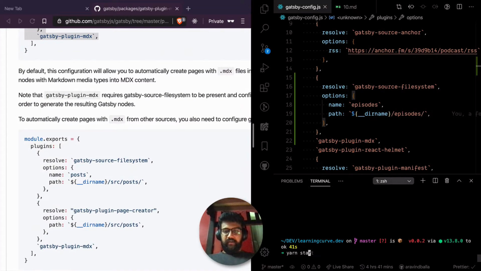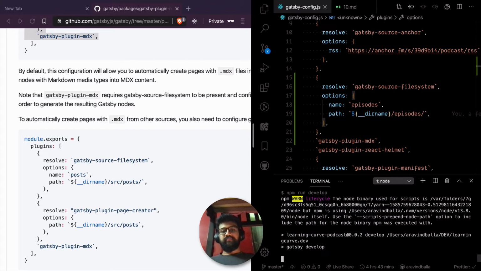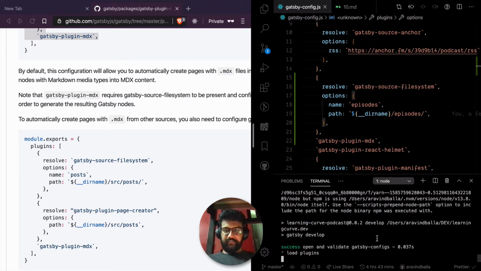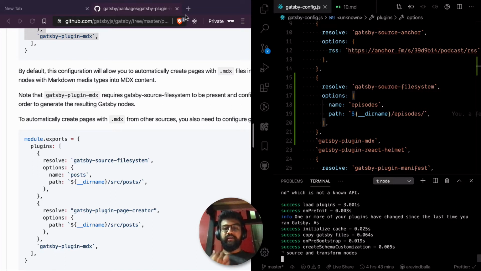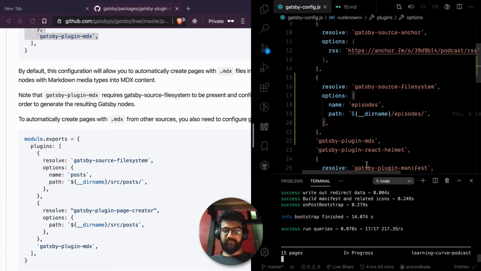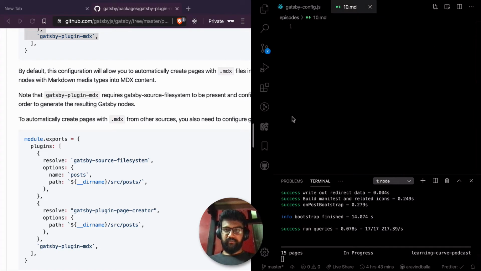Now when I start, I should be able to use GraphQL and fetch the episodes. Oh, right, let me add some content to that markdown file first.